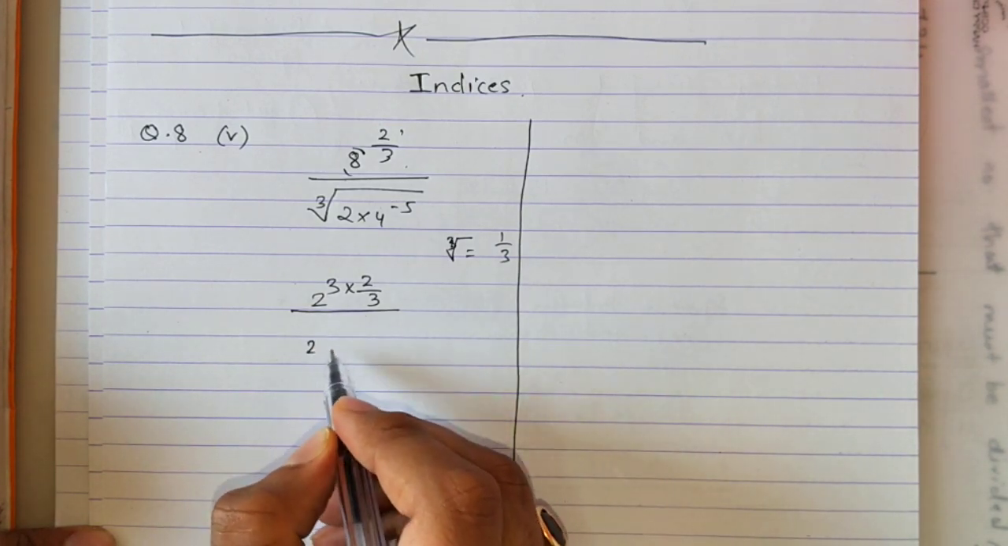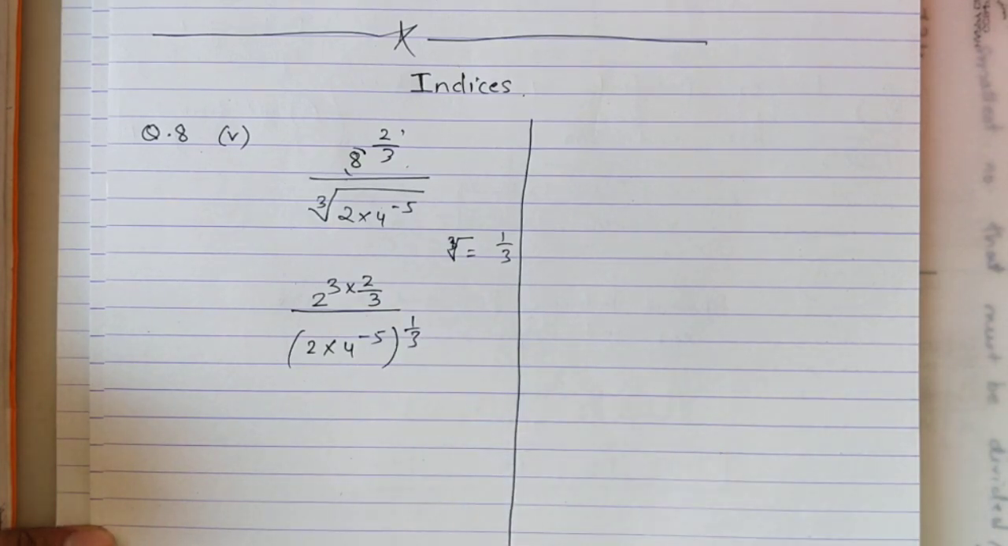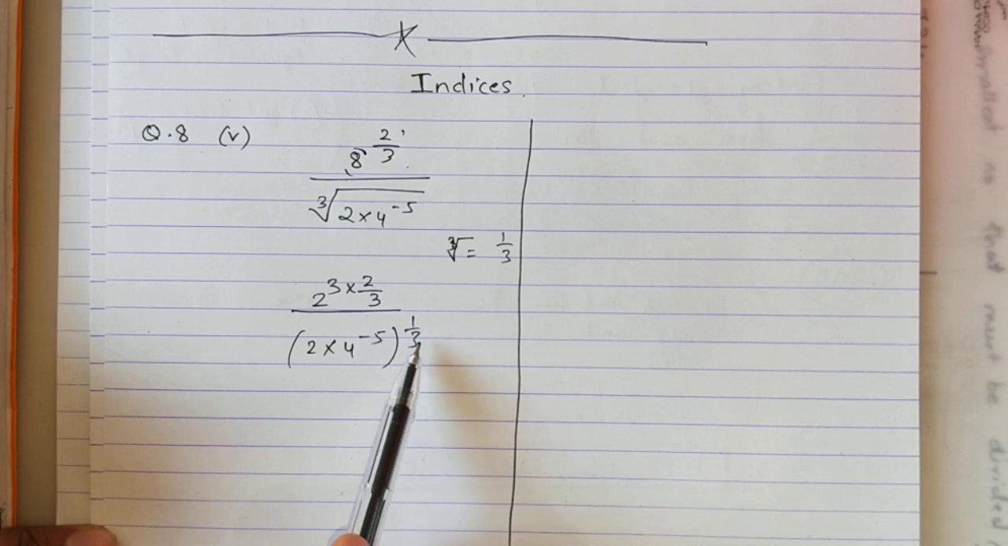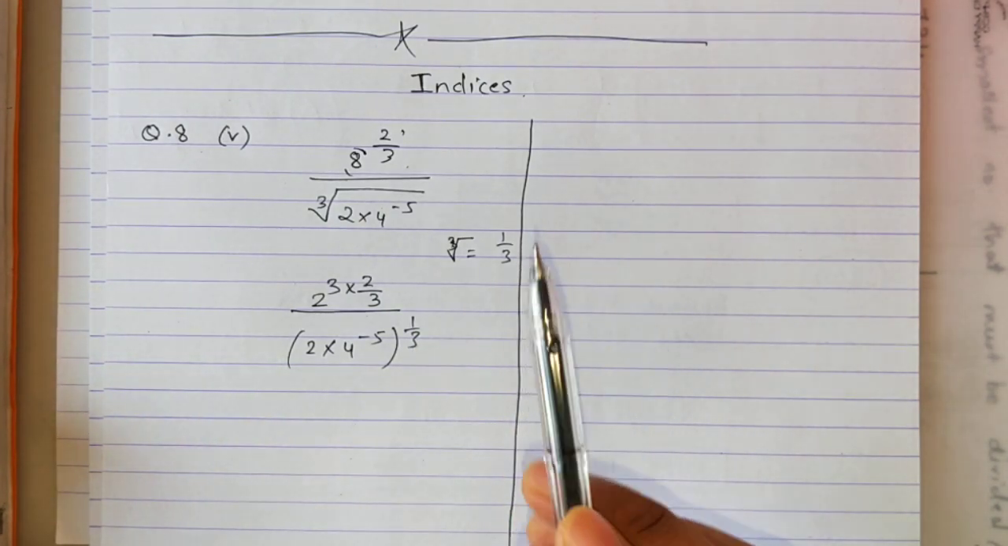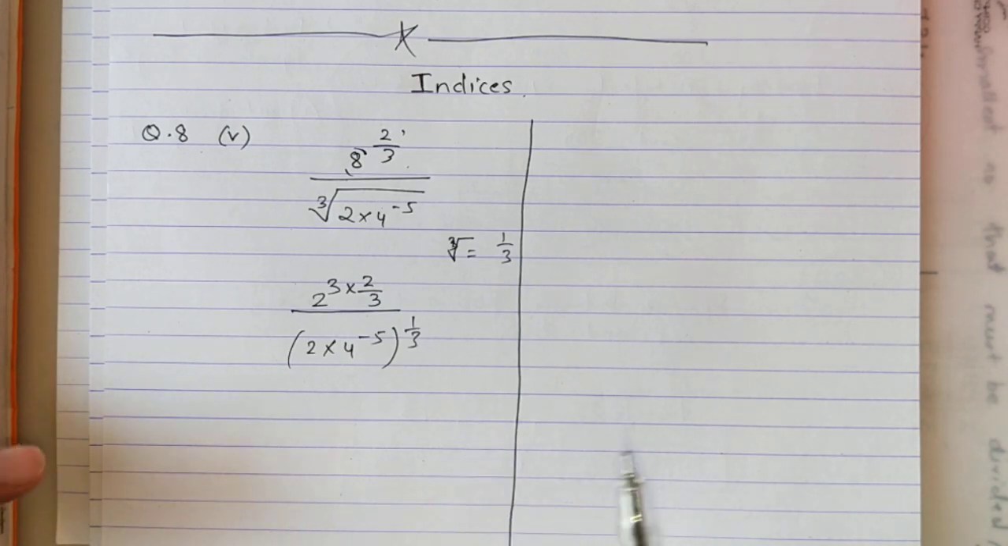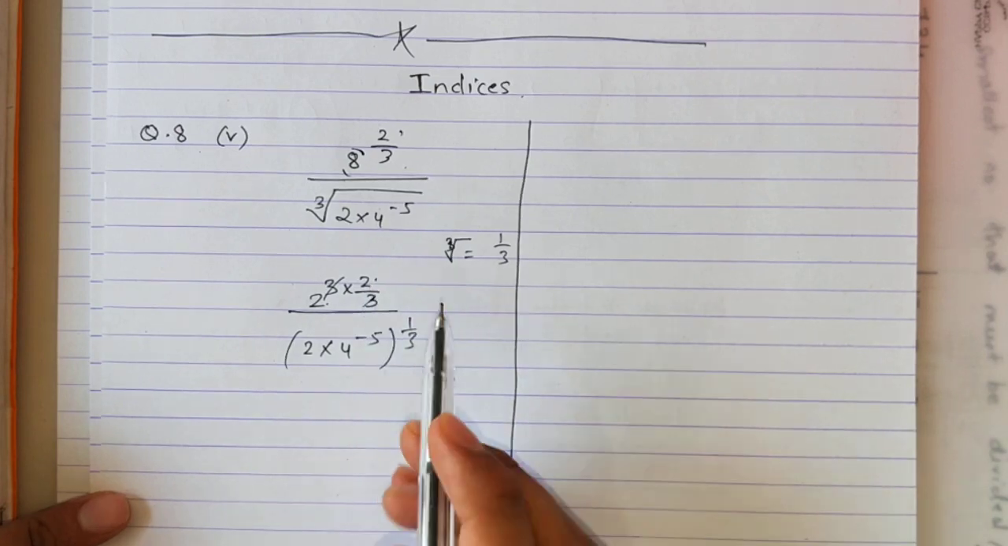So this 2 into 4 raised to minus 5 raised to 1 upon 3. This cube root is written as 1 upon 3. Flip your pages and revise the laws once again. Now here I can cancel the 3 and 3. So what is remaining? 2 raised to 2